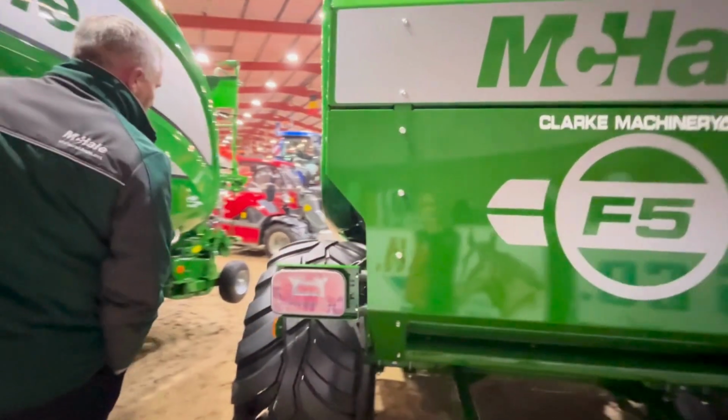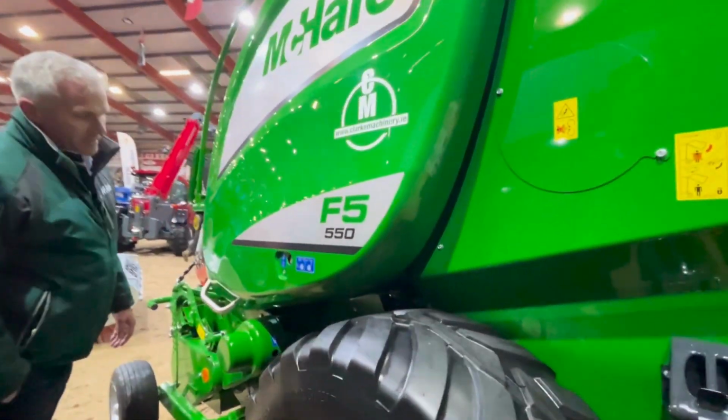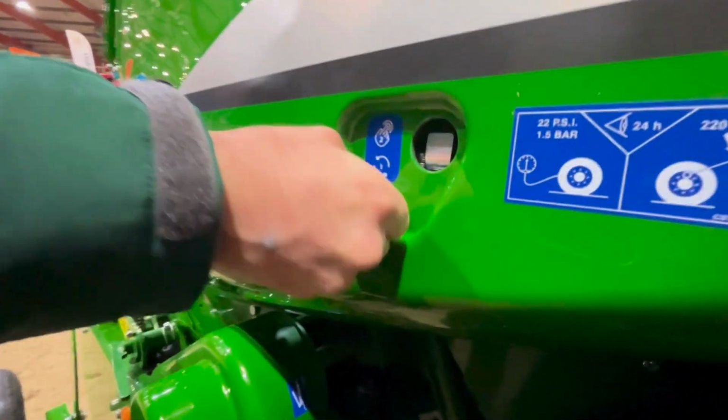Going over to the side here then, on your new panel, we have this new drawer catch on the side of it, so it's a lot easier to open. Just have a coin and